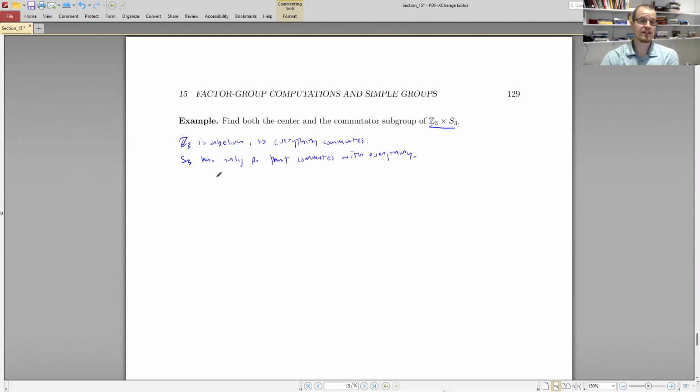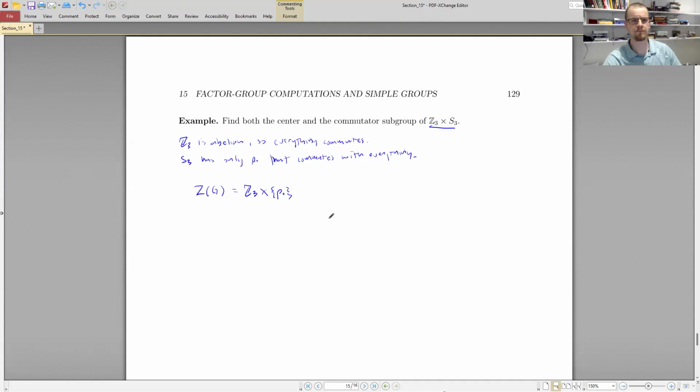So the center of the group, the Z of G, is equal to Z3 direct product with just the identity element